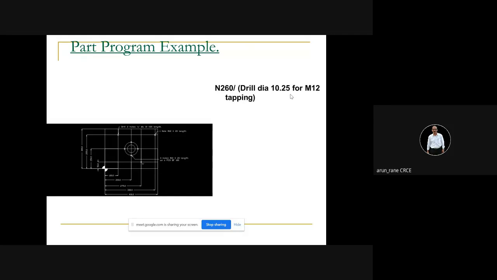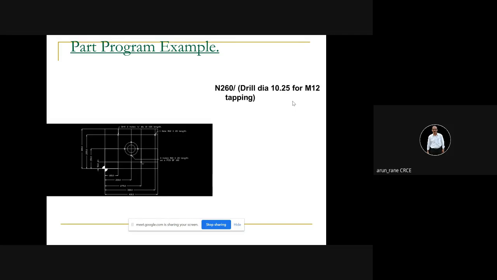So that's why you have to always make the hole a little bigger, so that your tap goes freely and you don't have difficulty in manual tapping. And of course, since you are doing machine tapping here, you are not going to do manual tapping, because there are components after component. Manual tapping will take time as well as it is laborious. So since we are going to do machine tapping, the drill diameter 10.25, that is the calculated size, is just nice.